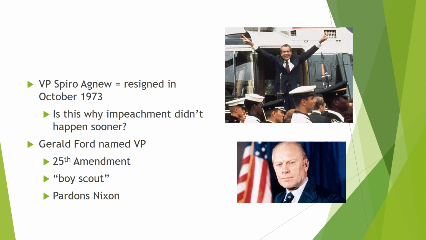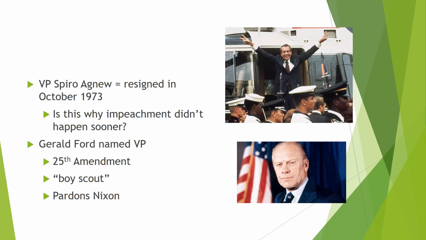But when Nixon resigns, Gerald Ford becomes the president, and now there's another vacancy in the office of the vice president. So Gerald Ford nominates Nelson Rockefeller of New York as the new vice president. And once he's confirmed by the Senate, we now have a president and a vice president that nobody in America voted for in those offices. Crazy. But it gets worse, sort of, depending on who you ask.